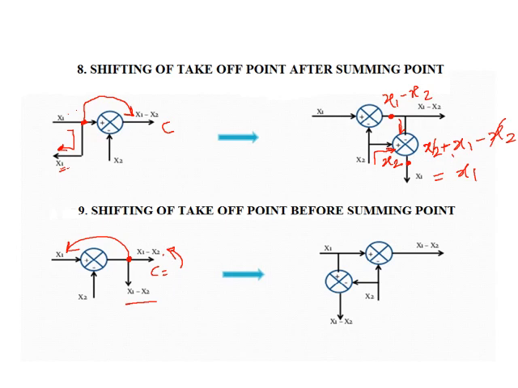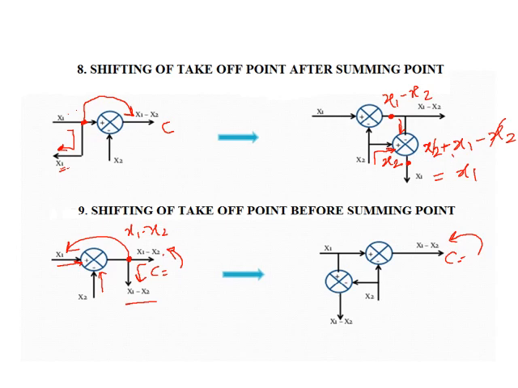So we will check here the input is x1, and the output is shown with x1 minus x2. So it is matching with the previous, but we have to match the takeoff signal. So why is the takeoff signal written as x1 minus x2? Because here the incoming signal is x1 and here the negative signal is x2. So at this point the resultant will be x1 minus x2. So it is already labeled here x1 minus x2 and the output is the same as that of the takeoff signal, so that is also labeled with x1 minus x2.